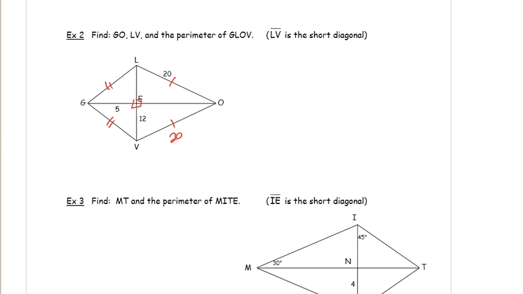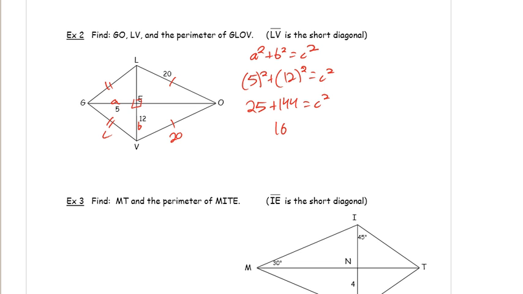Keep in mind this is a right angle, which means you have a right triangle. Right triangle, two given sides, you can find the third side using the good old Pythagorean theorem. So we're going to call this side A, this side B, that side C. And this is going to be a triple. For those of you guys thinking about it, you might already know what that C is. So we have 5 squared plus 12 squared equals C squared. So 25 plus 144 equals C squared. 169 equals C squared. So C is equal to 13. So in other words, it is a 5, 12, 13